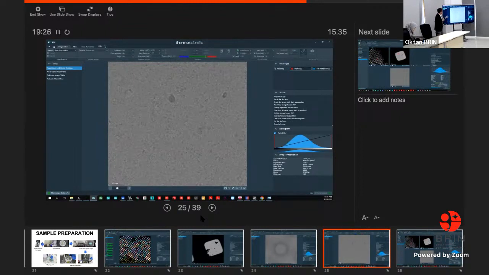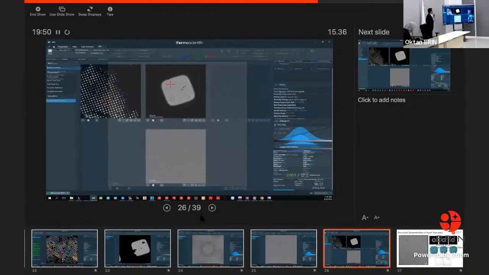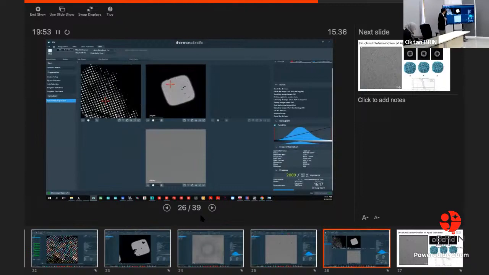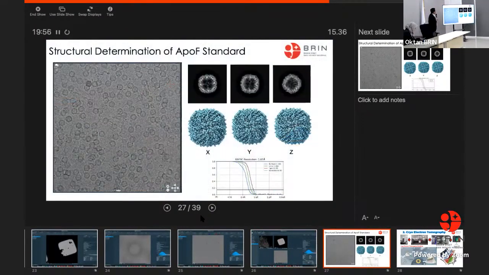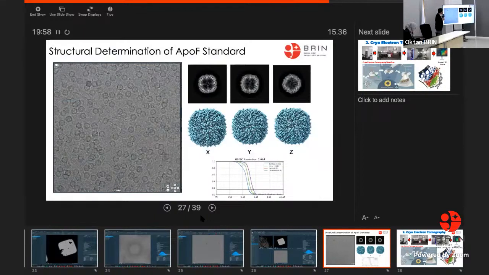So let's continue. And this one is one of the samples, laccase, around 55 to 70 kilodalton. As we can see, the protein is still here. Then, after analysis, we get the 2D projection, and then we run the 3D reconstruction. Okay, continue. And this is the running data acquisition. For example, this is from apoferritin. Then we reconstruct using the software. We obtain the 3D reconstruction. Okay.